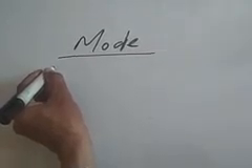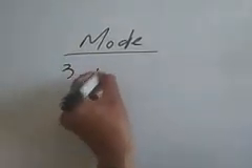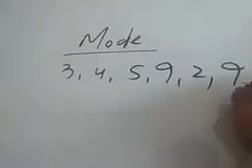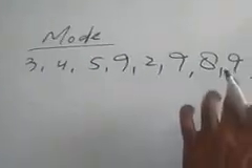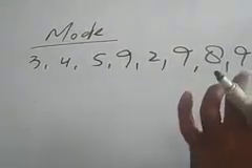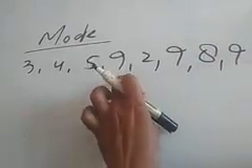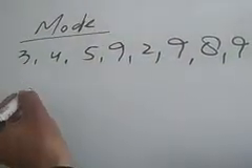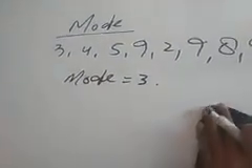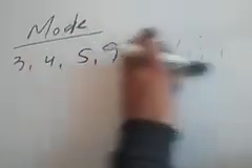अगर आपको क्लास 9th में याद होगा कि मोड आप इंडिविजुअल सीरीज में कैसे निकालते थे, थोड़ा सा उसको मैं दोहराऊंगा। जैसे यू हैव ए सीरीज 3, 4, 5, 9, 2, 9, 8, 9। Here mode means मोस्ट लाइकली ऑकरिंग टर्म, यानी कि वो टर्म जो सबसे ज्यादा बार रिपीट हो। Here it is 9 which gets repeated maximum number of times, that is 1 2 3 times. So mode equal to 9।